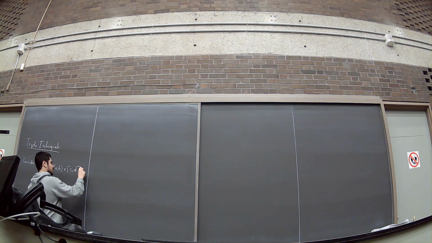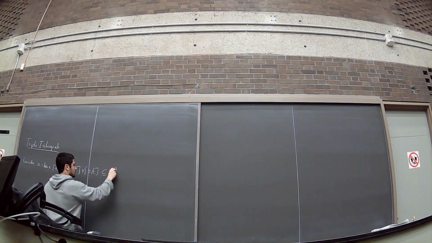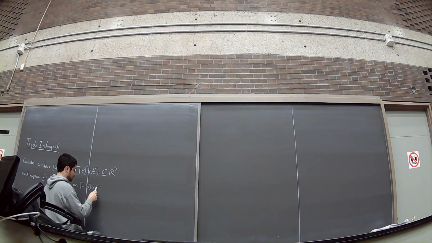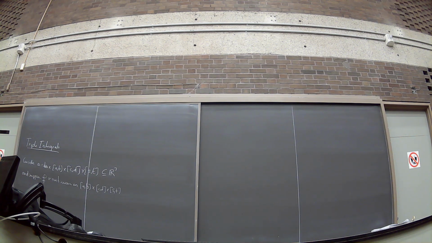a box [a,b] cross [c,d] cross [e,f] in our cube, and suppose f is continuous on [a,b] cross [c,d] cross [e,f]. Then the triple integral of f(x, y, z) dz dx dy